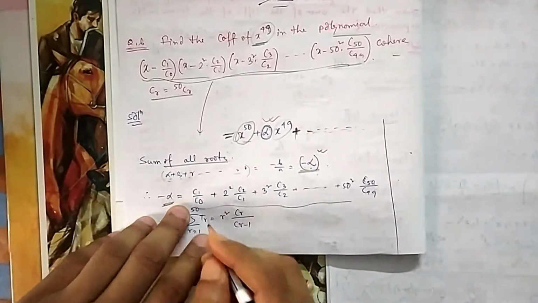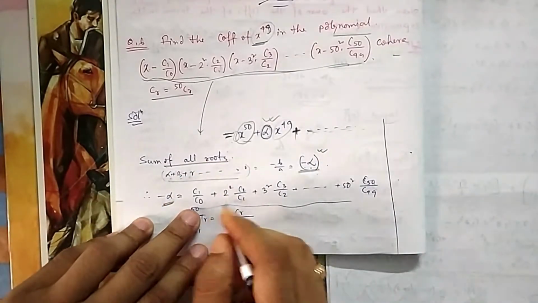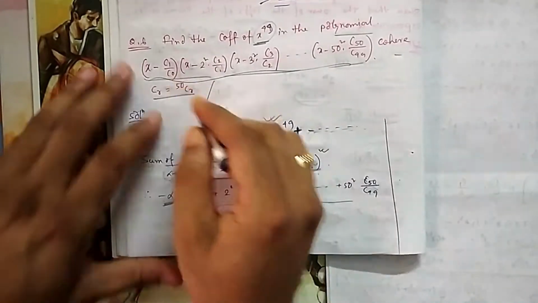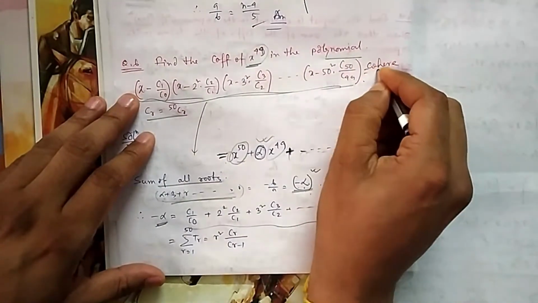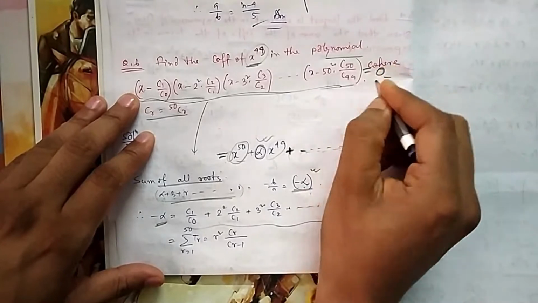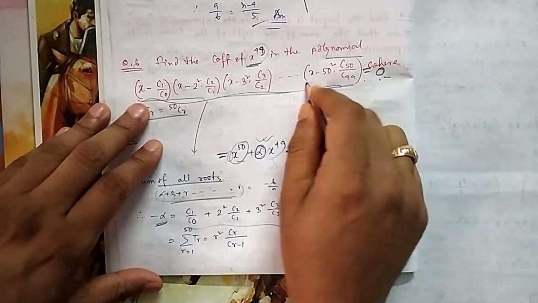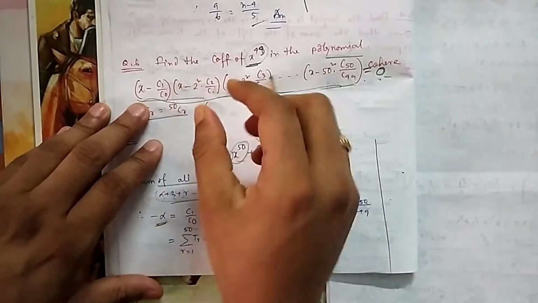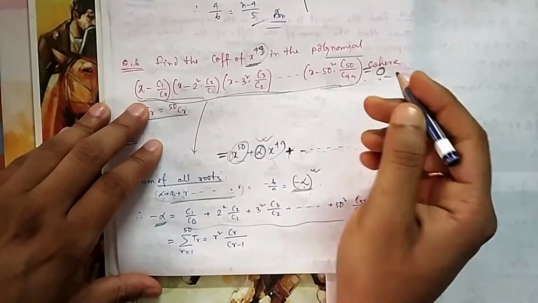Now what is minus alpha? Sum of all roots. Sum of all roots, you have seen. Now what are the roots? Because this is already factorized, if you make it equal to 0, how do you find the roots? You factorize this one and find the values. That's why a quadratic equation is solved.